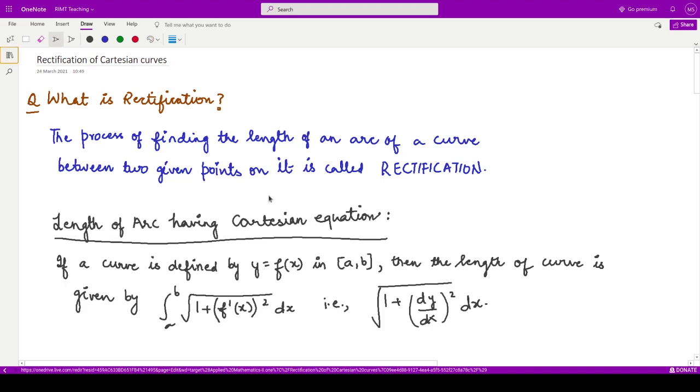The next topic here is rectification. So until now we have covered how to trace a curve. We have also done curvature, right? They both for Cartesian curves,